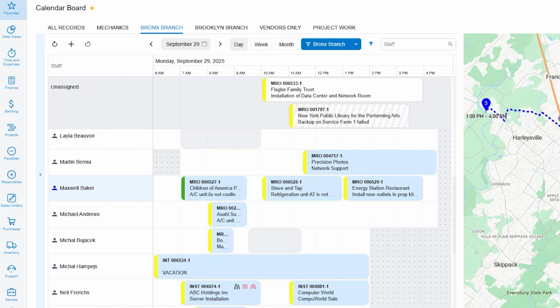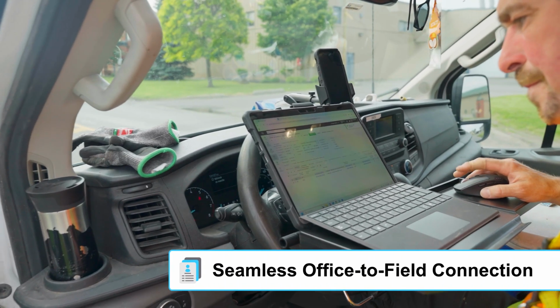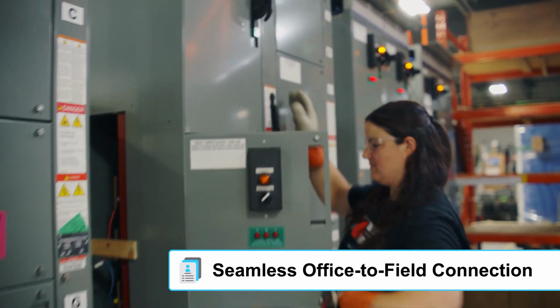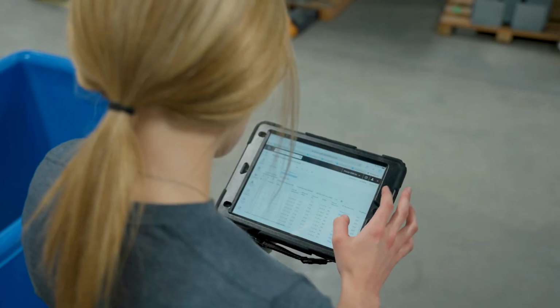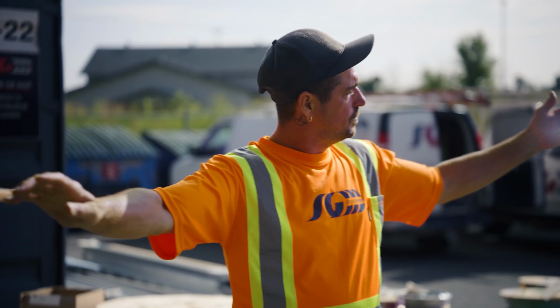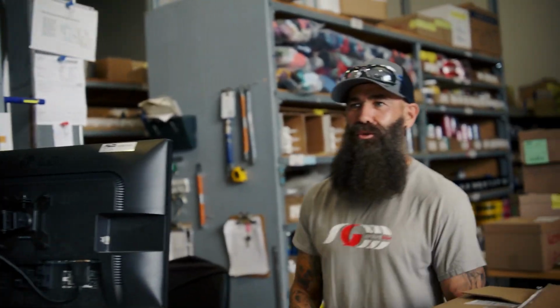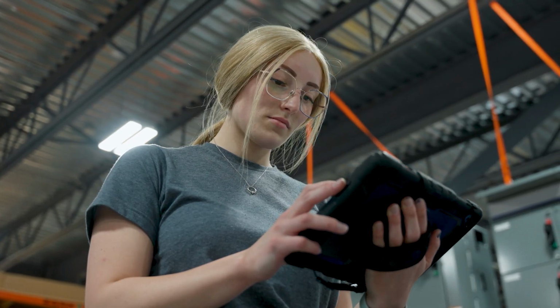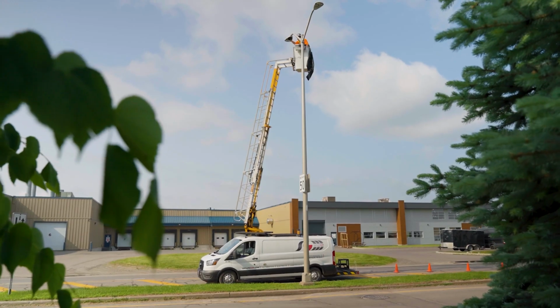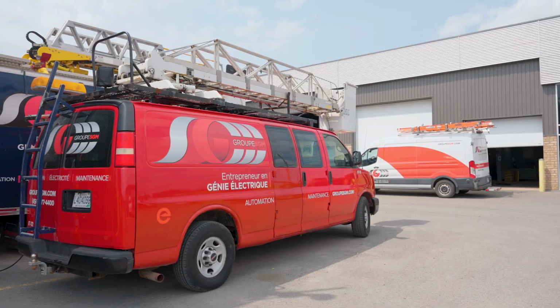This powerful tool helps you minimize travel time, cut fuel costs, and fit more appointments into every day. The connection between field and office gives dispatchers, technicians, and service managers the information they need to make faster, more informed decisions. The interactive calendar board is another way Acumatica empowers you to build a more connected and profitable field service